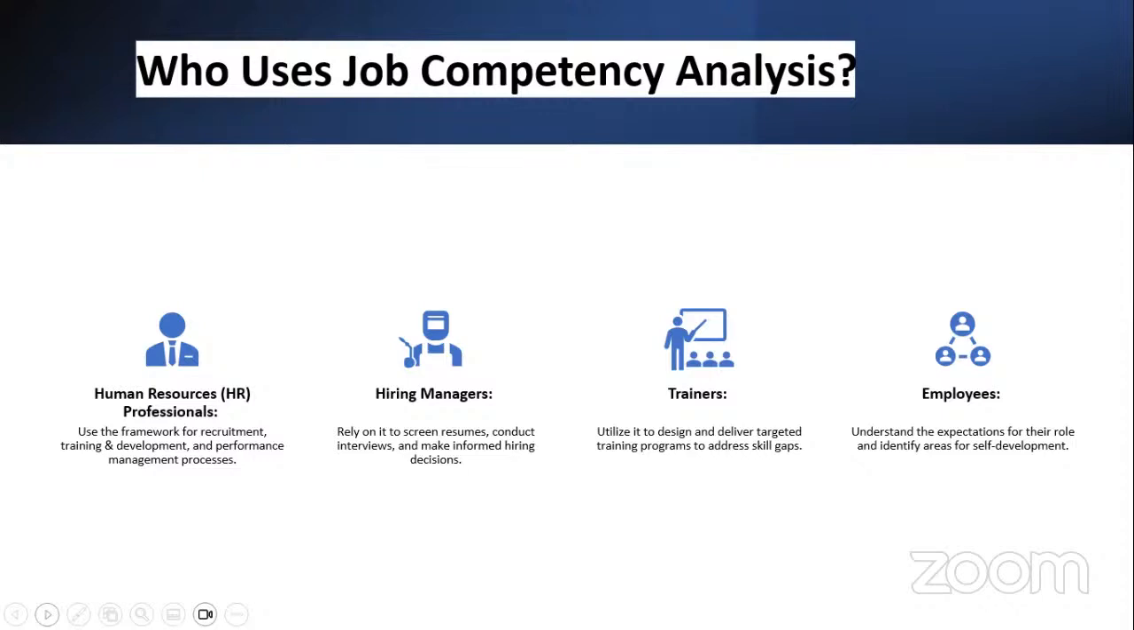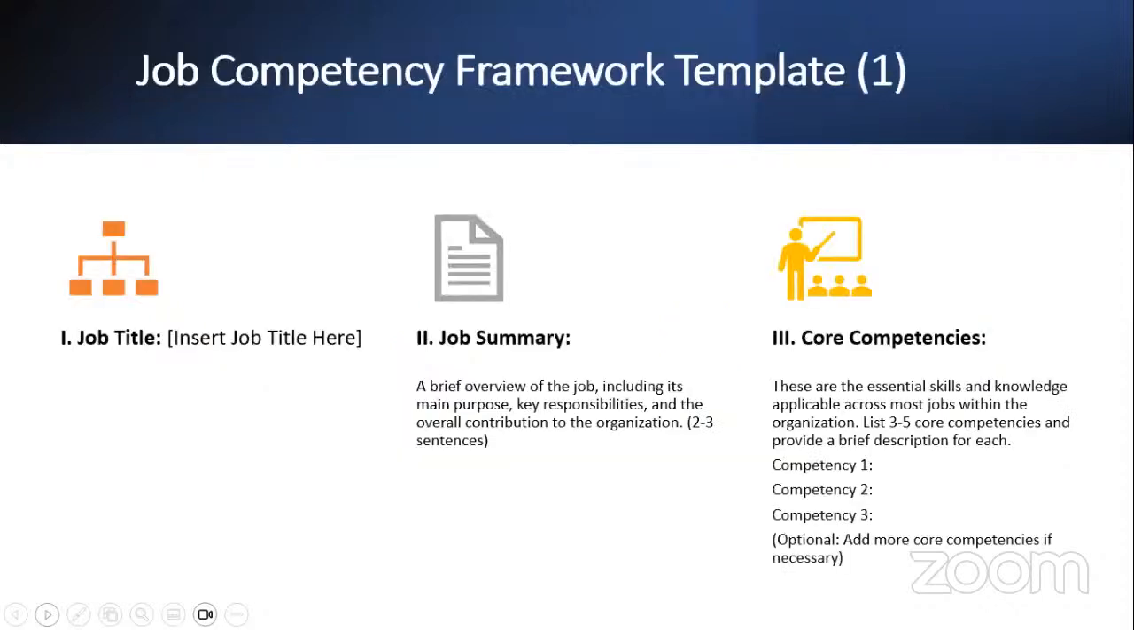And of course, employees as well. They understand the expectation for their role and identify areas for self-development and self-capacity building. Job competency framework templates: job title, job summary, core competency. A brief overview of the job includes its main purpose, key responsibility, and the overall contribution to the organization in